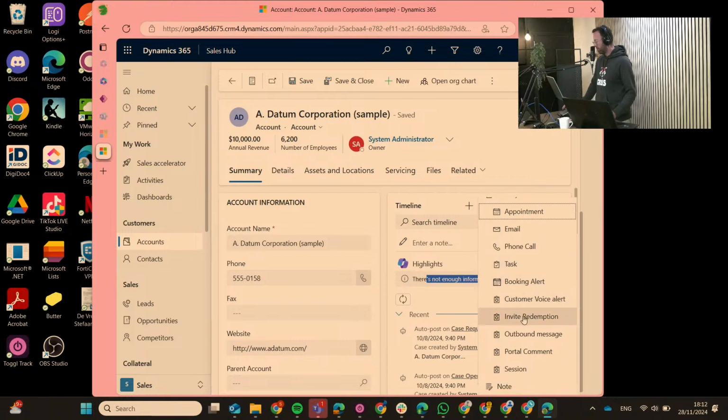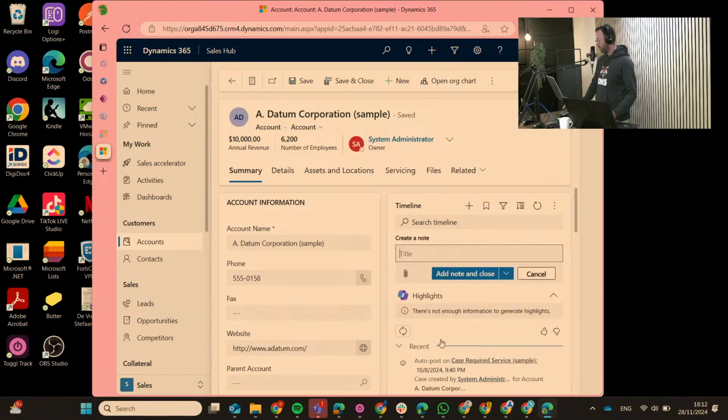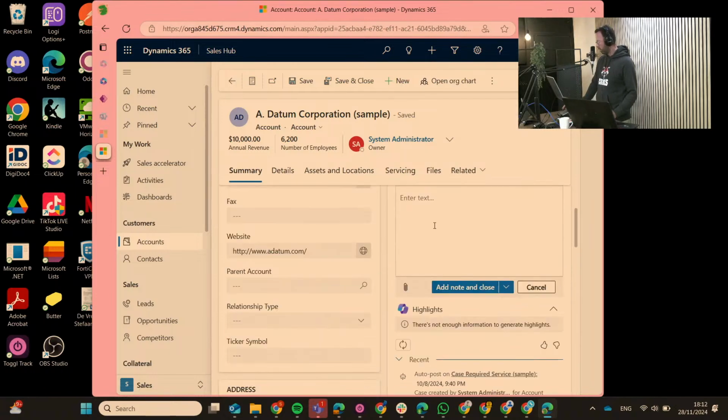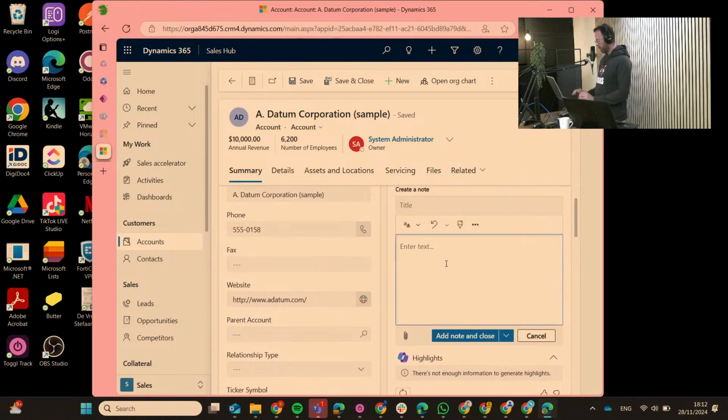I don't even know what this is. Invite redemption. I have no idea. Outbound message portal, comment, session. But as simple as just adding a note, right? Just as simple as that, right? It's like, okay,